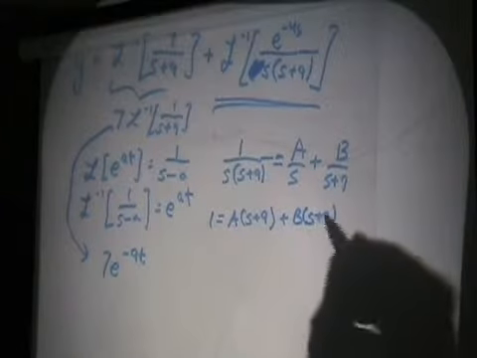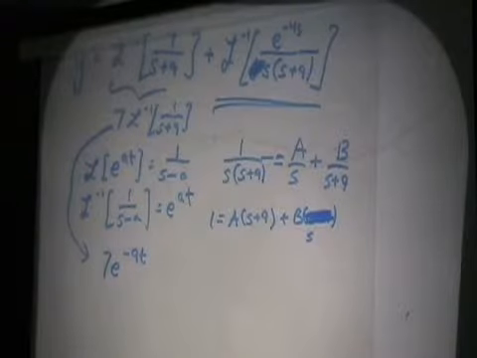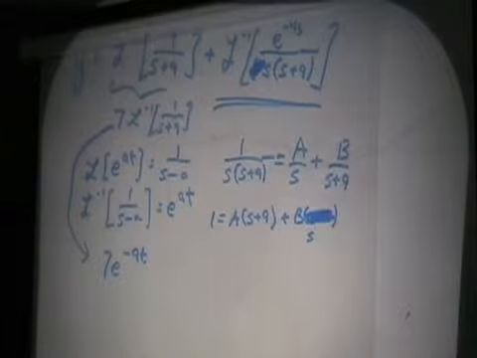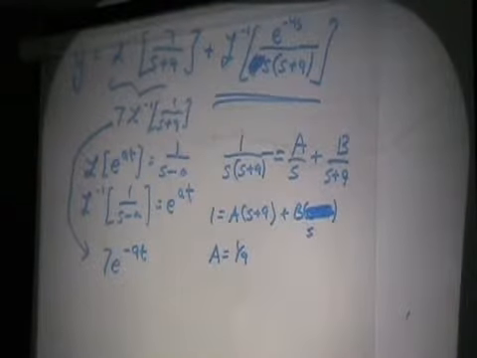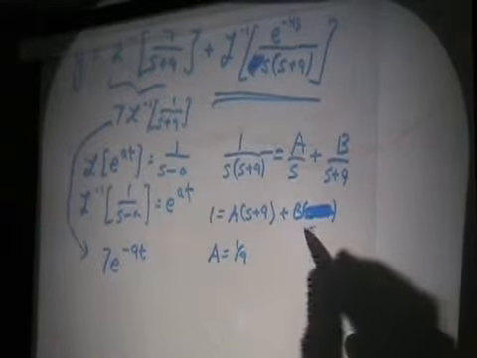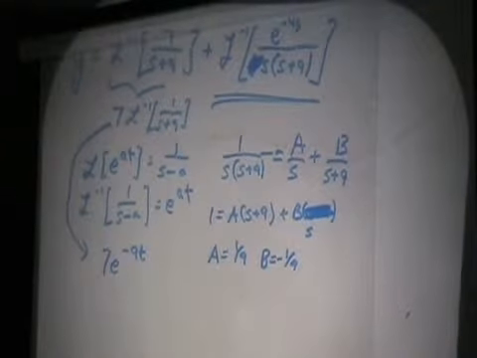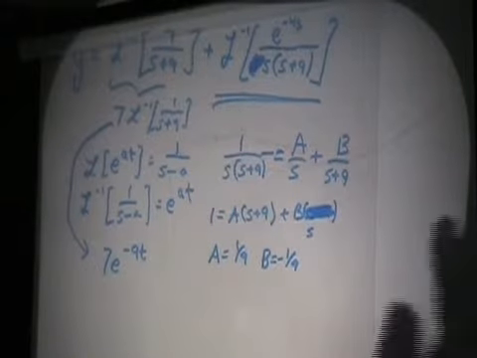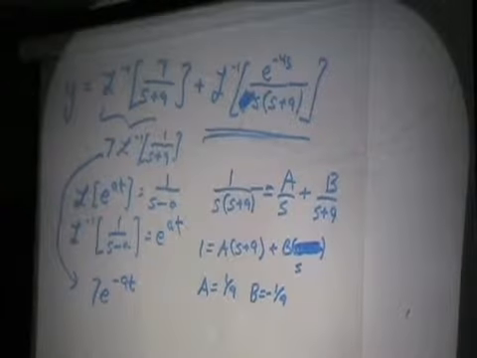And, oops, mistake here. That's just an s. If I plug in s equals 0, I'll get the equation 9a equals 1, so a is 1/9. And if I plug in the value s equals negative 9, this part will be 0, and I'll get negative 9b equals 1, so b equals negative 1/9. Okay, that doesn't immediately help me because of this e to the negative 4s up there. But it will be about to help me